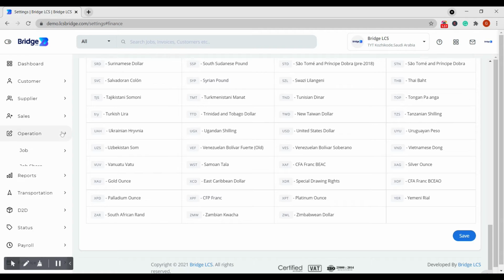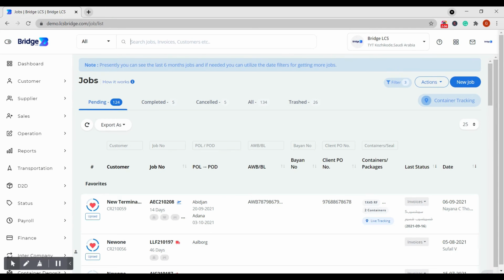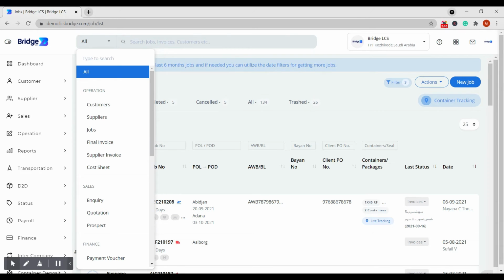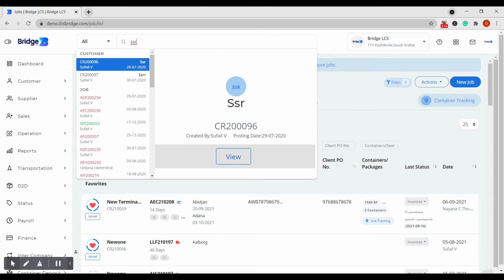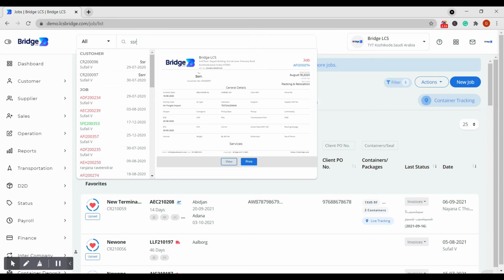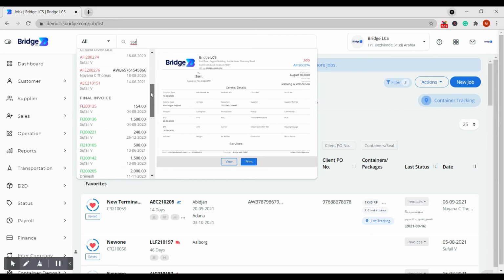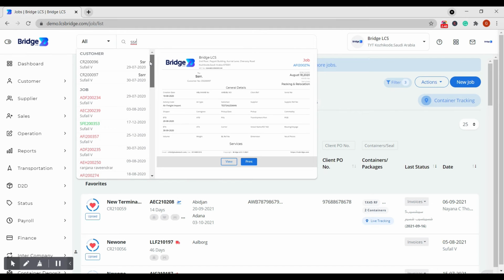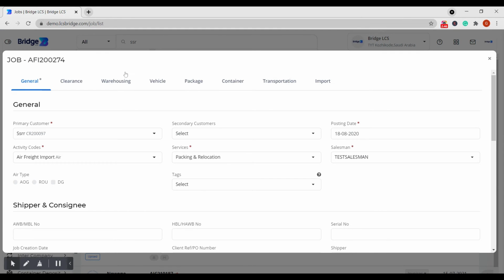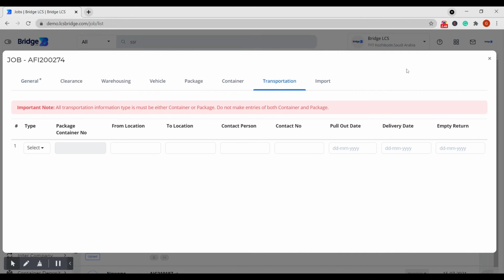Third feature we are going to discuss in this video is improved global search. You can search whatever data you wish to access and access it on the same page without getting redirected to a different page. I'm typing in a sample customer name. So the data related to this particular customer, like invoices and other data, will get displayed in this part. As you can see, we have a view button here. Clicking on this option opens up the required data in a fraction of a second.